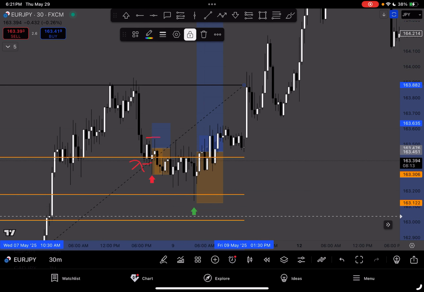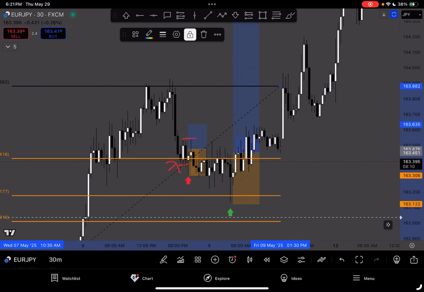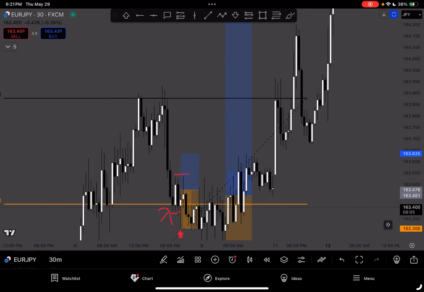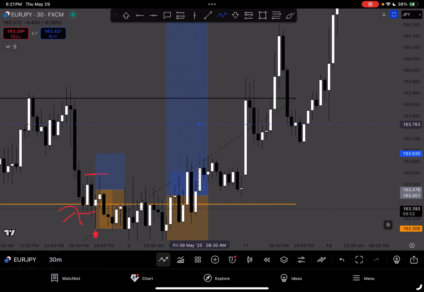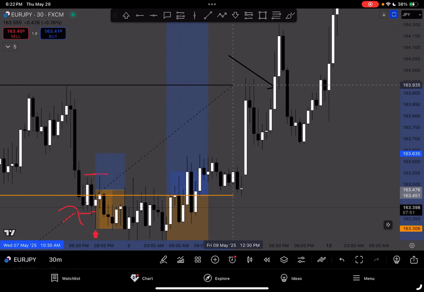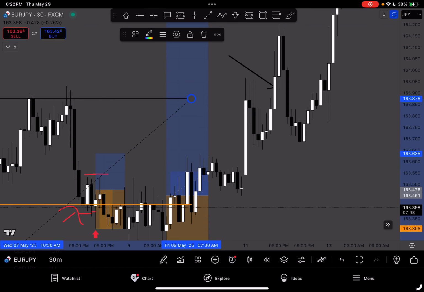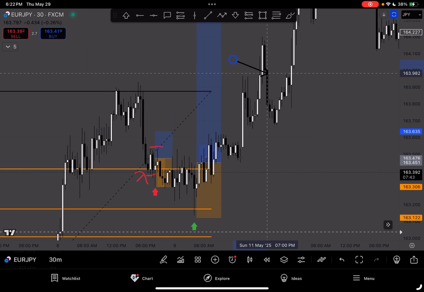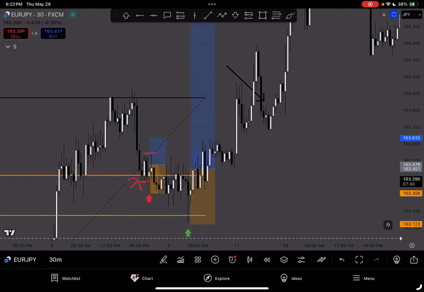Now, notice the beautiful thing with this Fibonacci tool is we already have our high drawn. So notice at this point right here, we had a break of our high point. This candle broke our high point. So now what do we do? Let's go ahead and readjust this to get it out of our way a little bit. Lock it. Okay, cool. So we do the same thing. Once the market began to pull back like this, we grab our fib from the low. What's our previous low? Literally where we took our trade from. So that's over here from our low